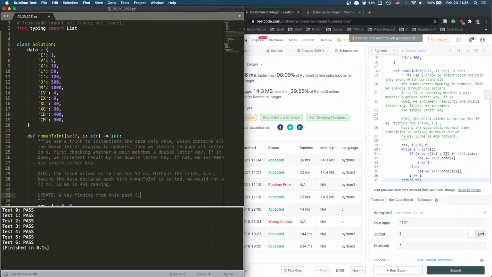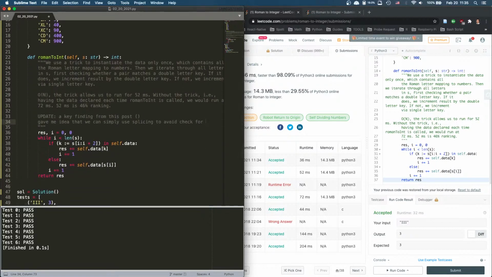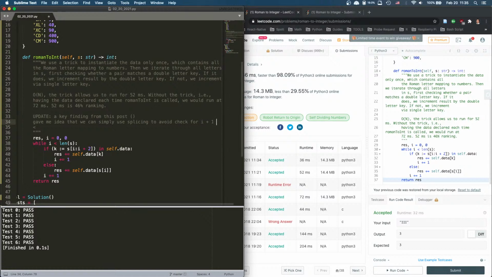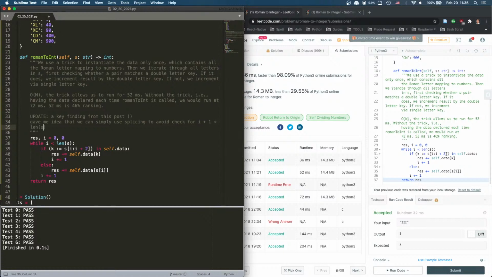I'm going to put in there: review gave me an idea that we can simply use splicing to avoid check for I plus 1 smaller than len s, because no matter how big I plus 1 is, as long as it is out of range,